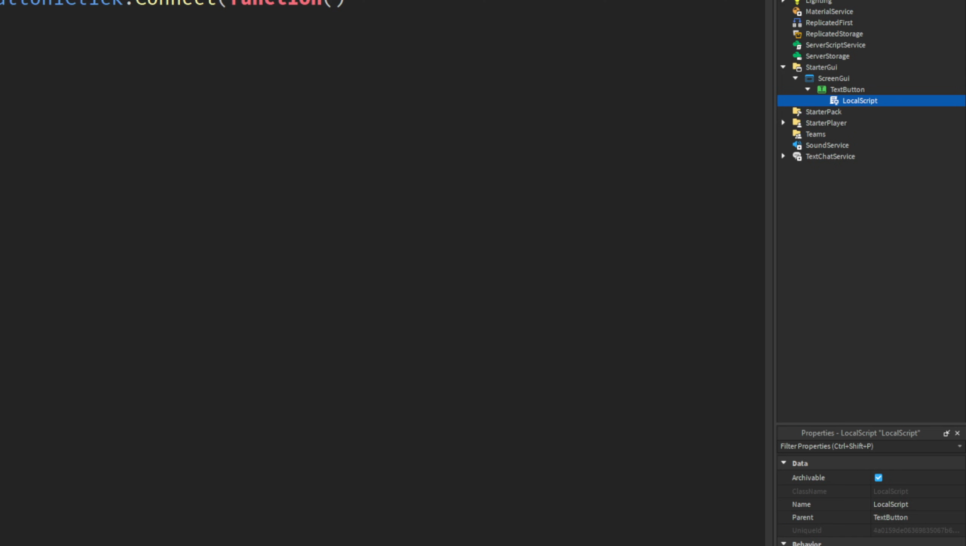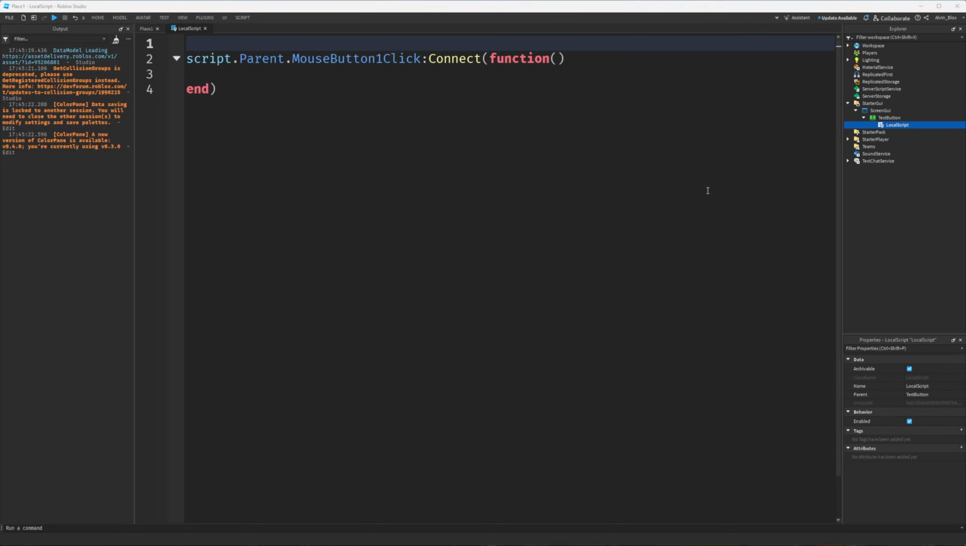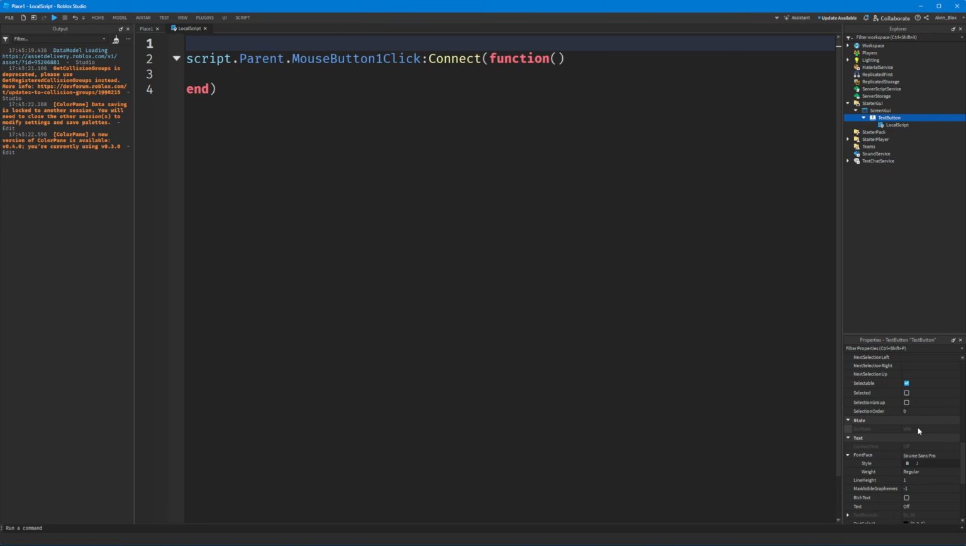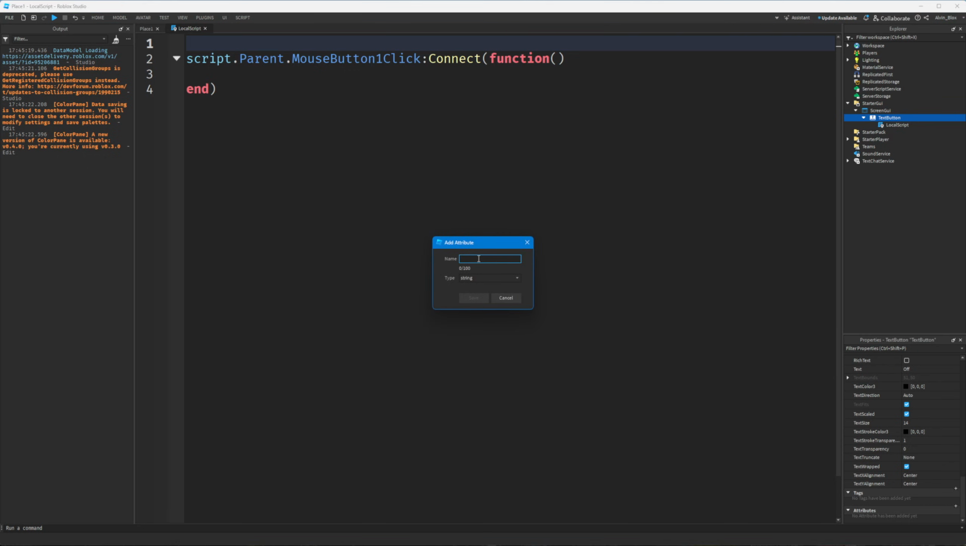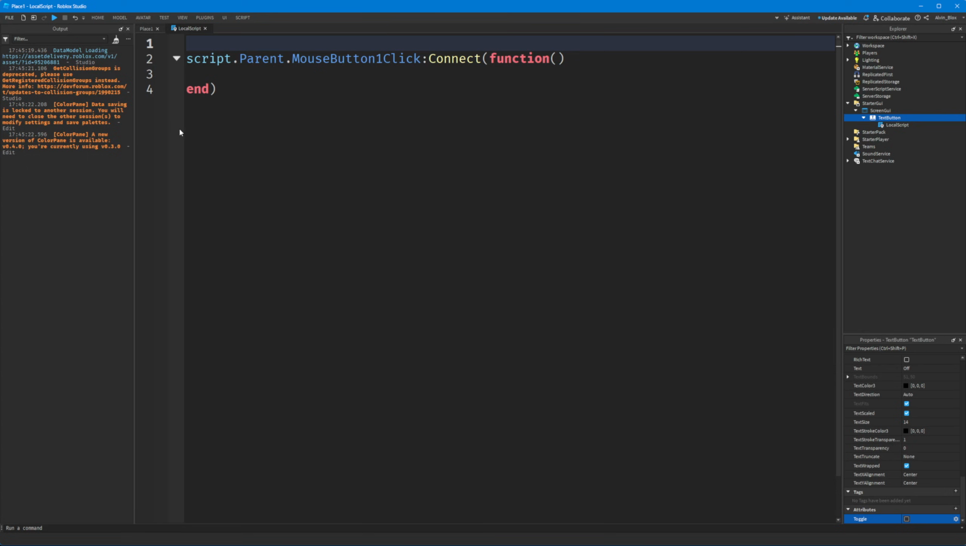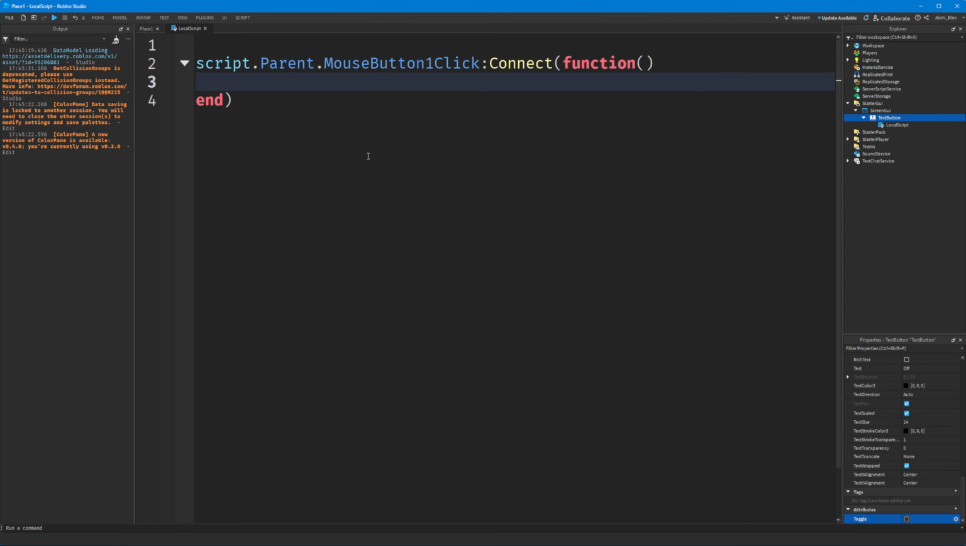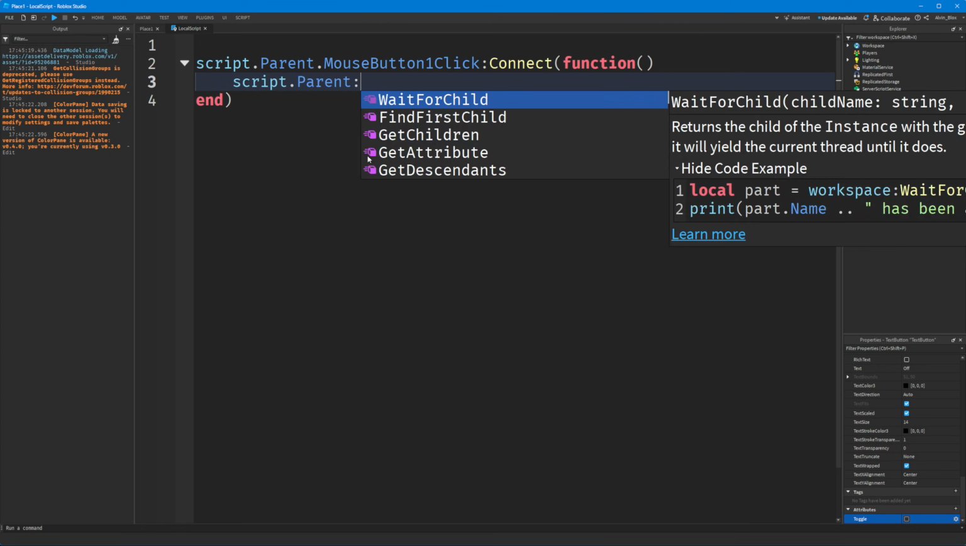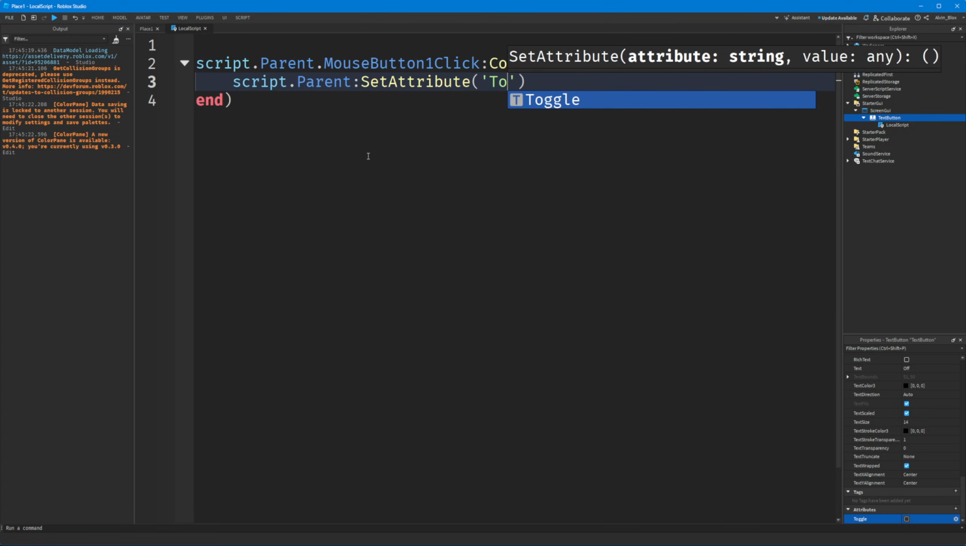So I'm going to go to the Explorer, and I don't know what happened there. Let's just head back. There we go. Let's go to the Explorer and scroll down to the attributes down here. I'm going to click on the plus, if I can get my words out, and we're going to name this toggle. I'm going to call it toggle, and it's going to be a Boolean. So I'll click on save,